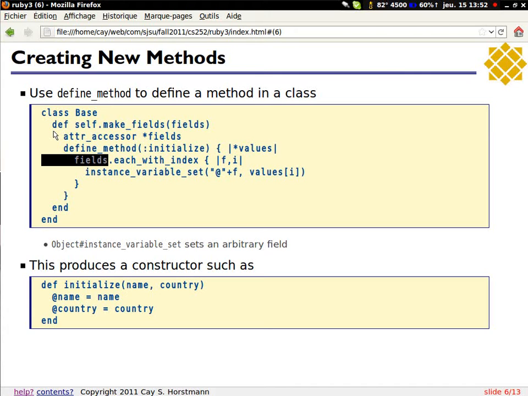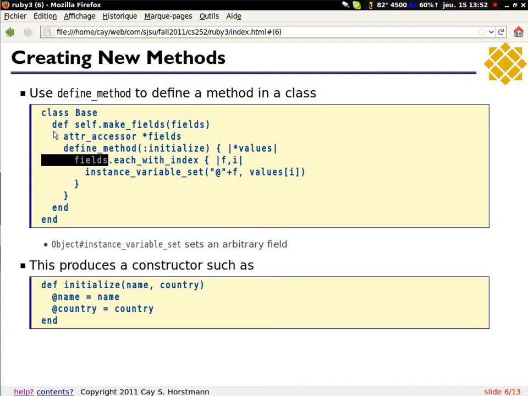Now one has to suffer through a bit of syntax here. So star values is a variable argument list of values. And now I go through, for each of the fields, this each_with_index runs through fields, and it gives me f, the first one with index 0, then the second one with index 1, and so on, so that I can pick out the right value.